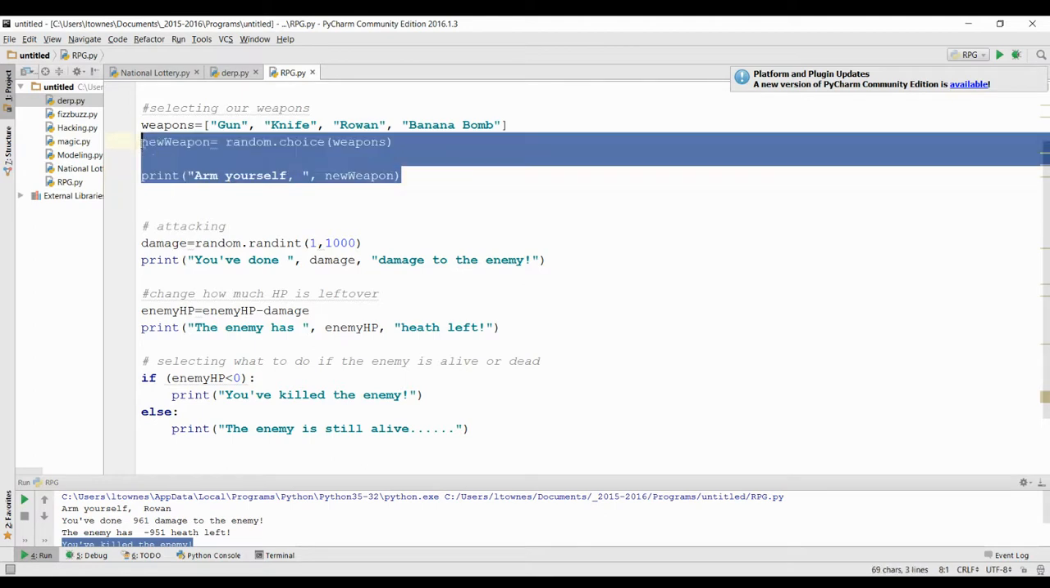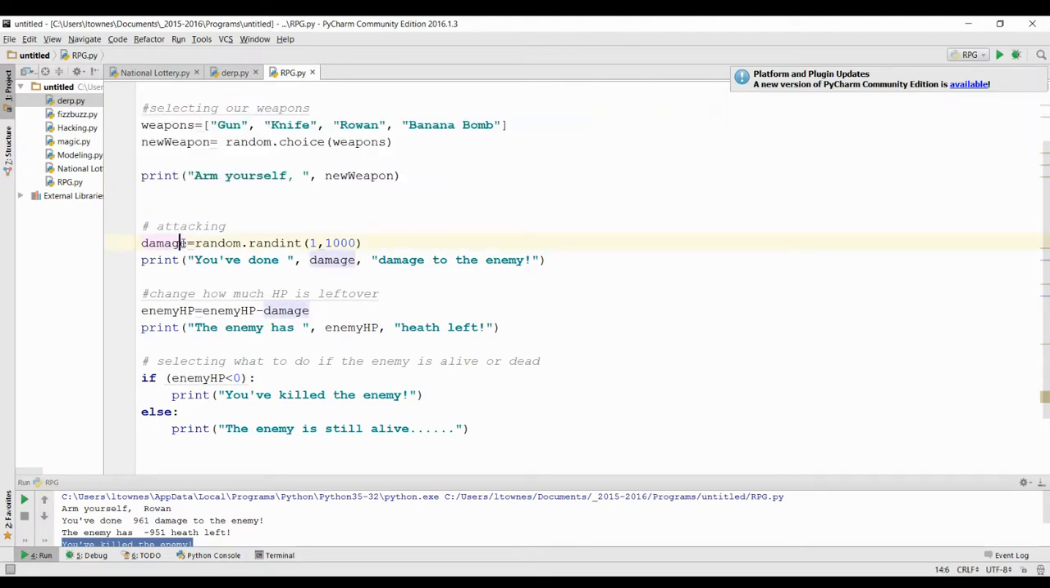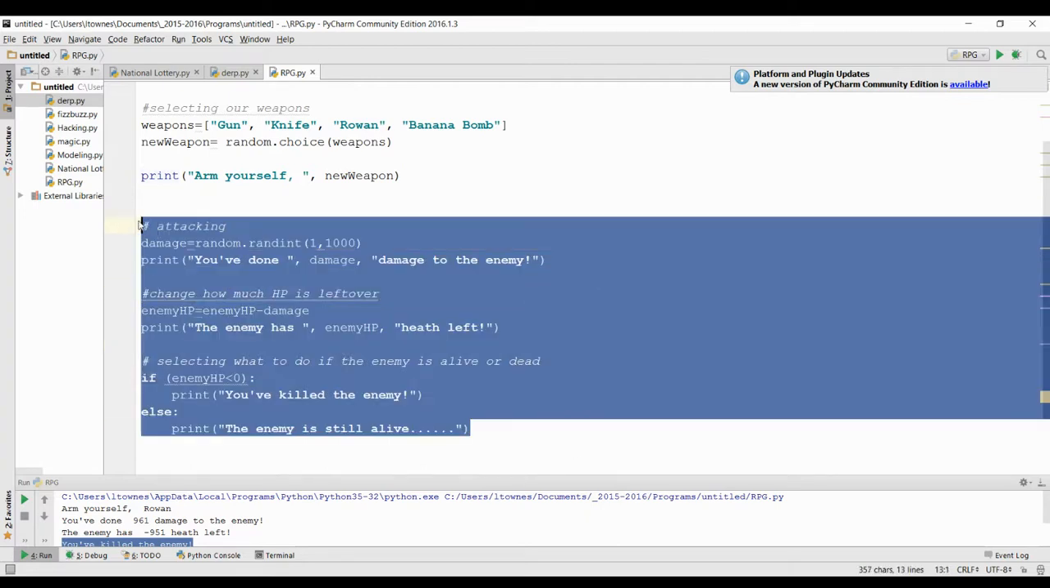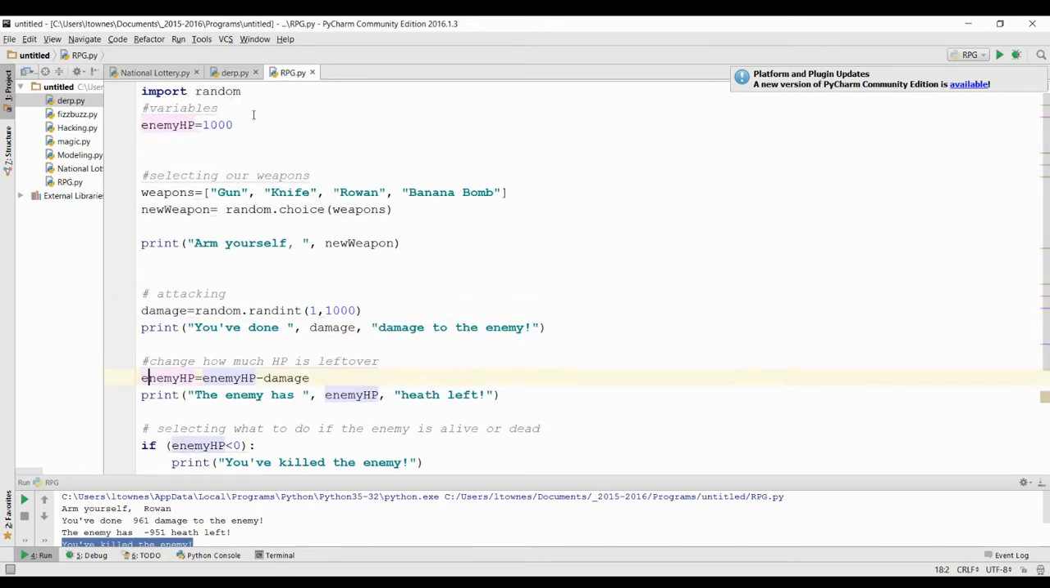So we only want to use one weapon in our code, but we want to keep getting a new amount of damage, and we want to keep taking that damage away, and we want to keep checking whether or not we've killed it. So all of this code needs to be repeated until the enemy's health is actually right here. And that's why it was really useful to create the health up here, because we can't